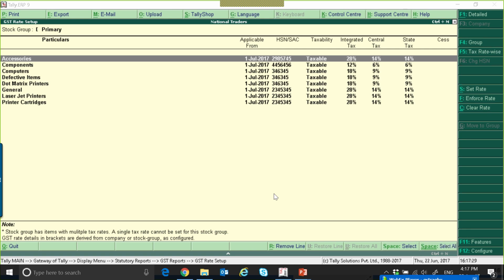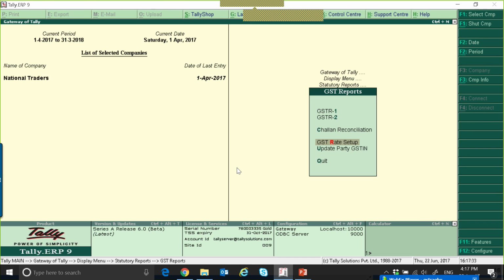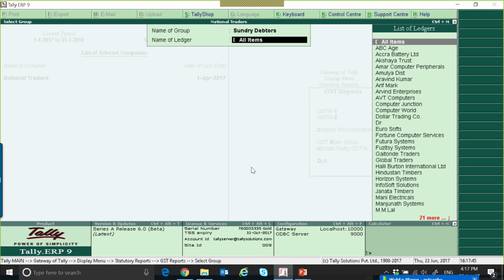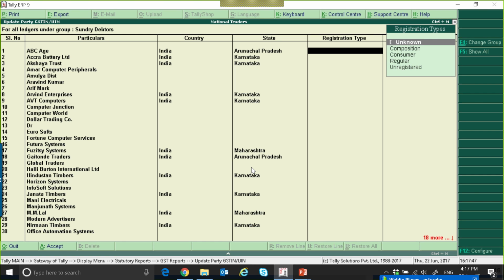Now after configuring tax rate setup, then you need to update party GST number, correct? This is very important to update the party GST number, could be supplier or debtor. So you need to update from this menu. So by default, based on your previous data, the country and state would have already been selected, then the remaining details you need